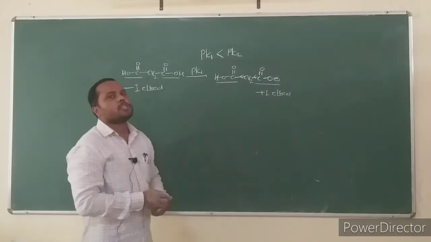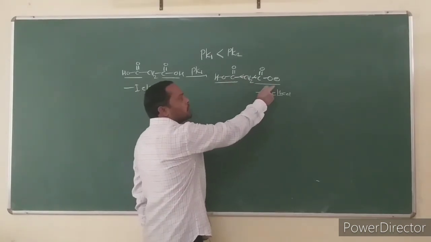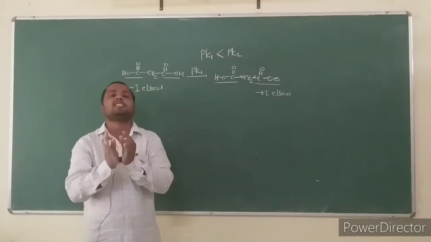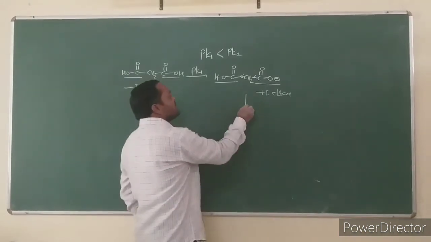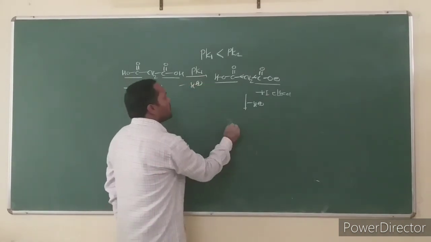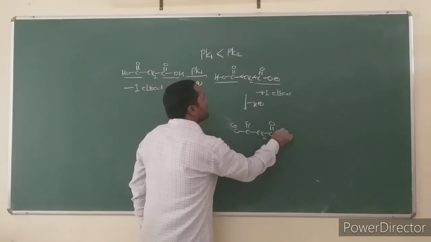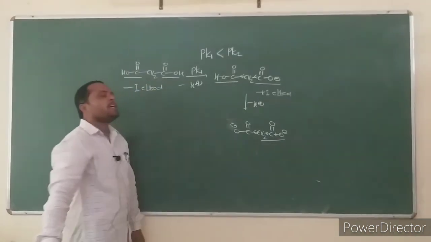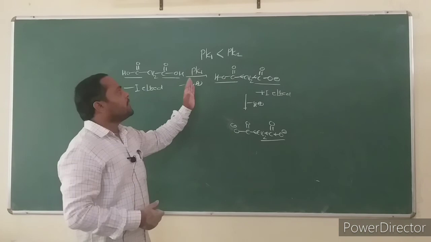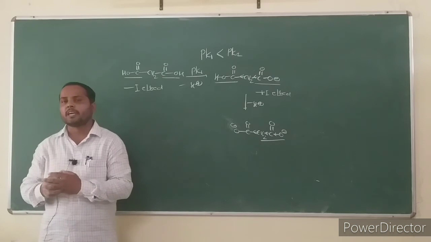But after the first dissociation, in the second dissociation, the other carboxylic group, which is a conjugate base, generally has the plus I effect, and the plus I effect destabilizes the conjugate base. After the second dissociation, with donation of the second H plus, this conjugate base is formed. This conjugate base is destabilized by the plus I effect of the other carboxylic group, and due to this reason, the first dissociation pK value is always smaller than the second dissociation pK value.